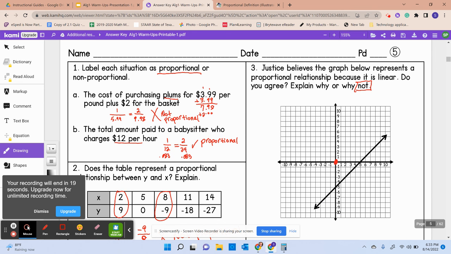For something to be proportional, it must pass through the origin and it has to have the same slope on both sides of the line. So, for instance, it will pass through the origin and it will have the same diagonal or the same